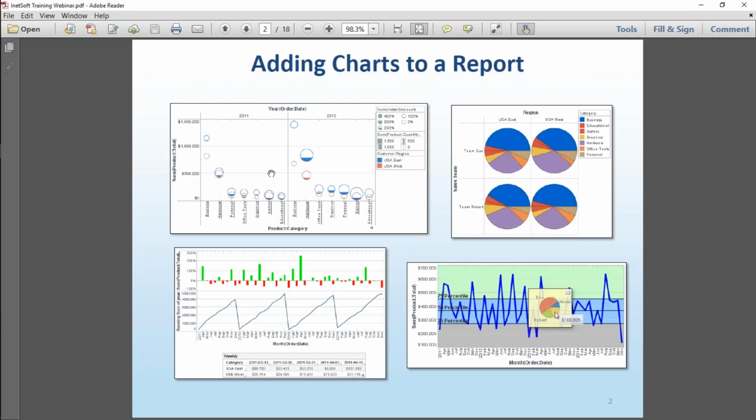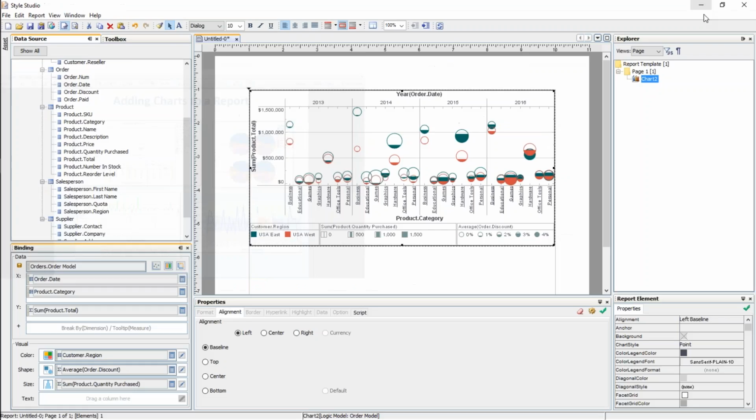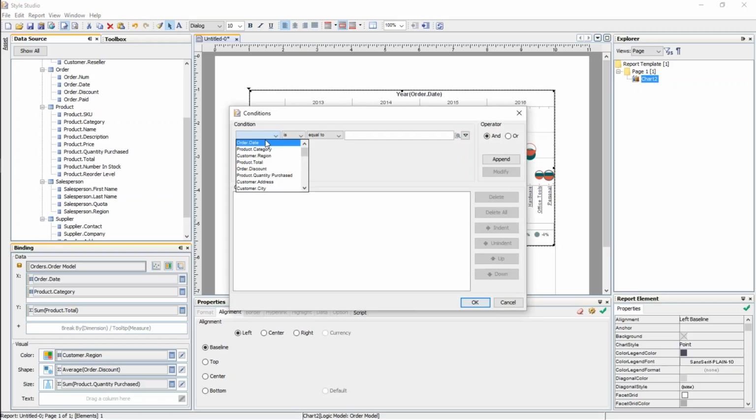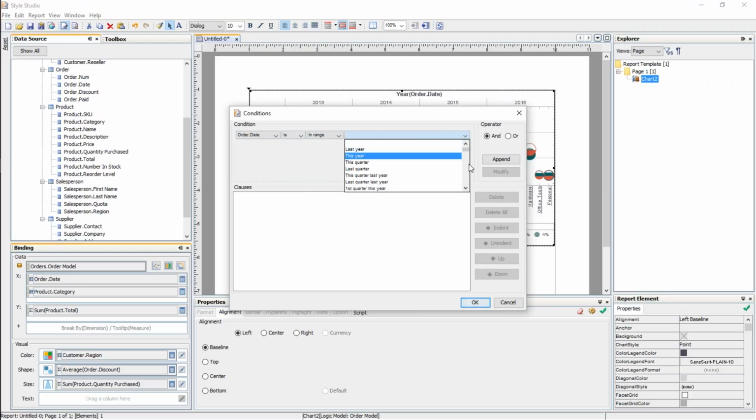Finally, if you notice in the example on the slide, there's only 2 years shown. Of course, that's another strategy you could use, which is to limit the data. If I was faced with a situation where I'm displaying too much data and it's unwieldy, I can always introduce a filtering condition on the chart. So I can right-click on the chart, select condition, and say, for example, that order date is in range of the past, maybe the past 12 months or something like that,